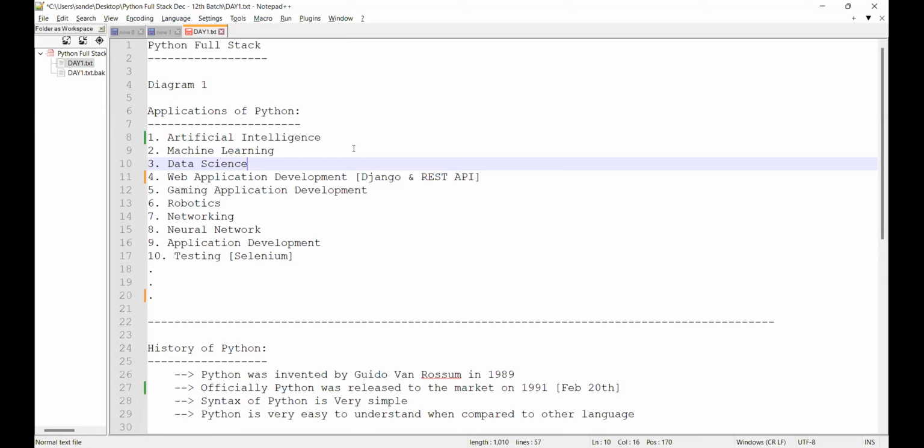Because before learning anything, forget about Python. Assume that you want to purchase a car. At that point of time, don't you think you won't suddenly go and purchase a car? 100% from your childhood or from a couple of years, you'll have a dream to purchase that car. Yes or no? You'll have a dream and you'll start doing research about that car. Finally, once money is arranged, then you'll go and purchase that car. And before that also, test drive, all those things you'll do.